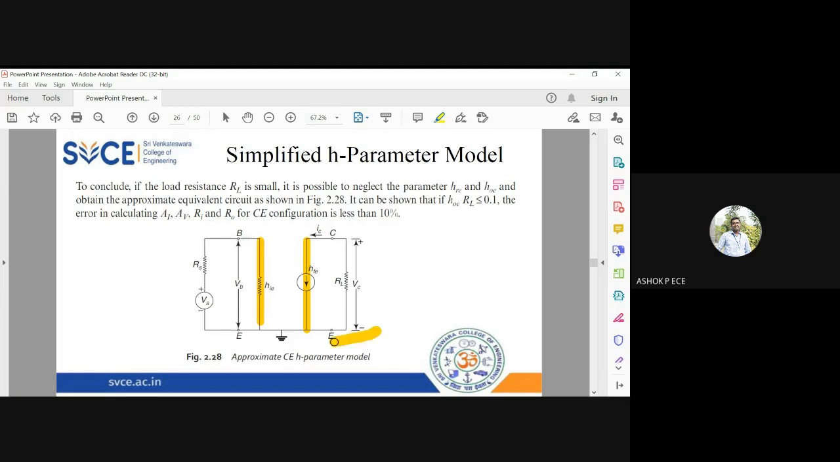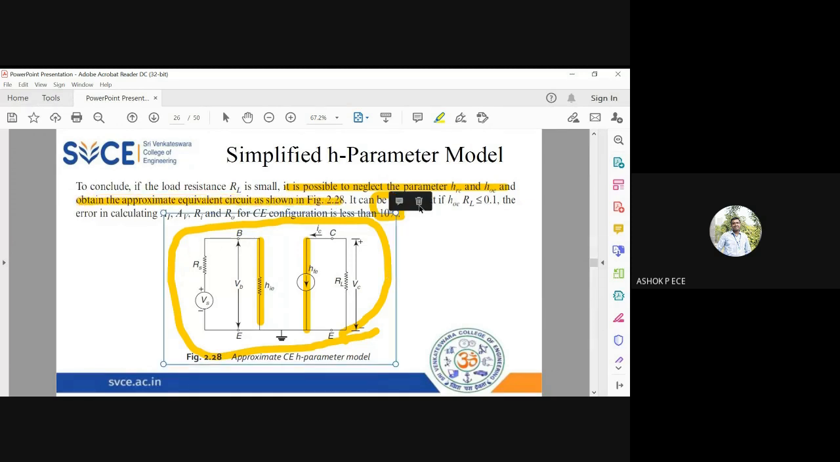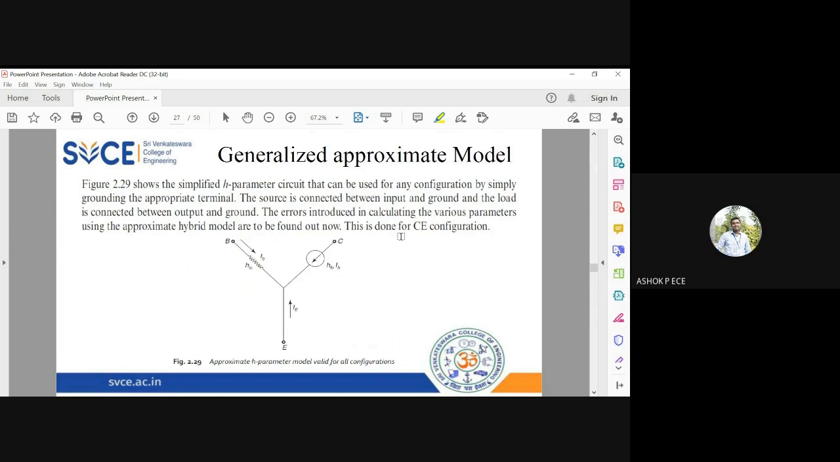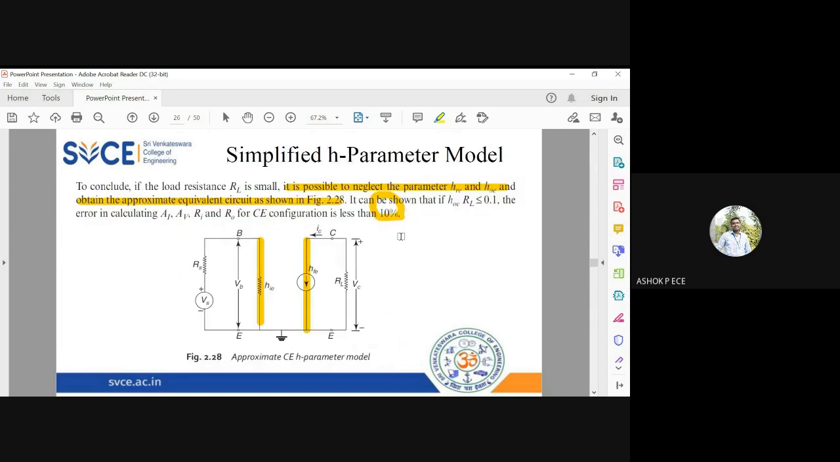If you calculate all the parameters using this circuit, the error is less than 10%. So compared to using the exact circuit, if you use the approximate circuit, the error is going to be less than 10%. So it is better to neglect HRE and HOE and obtain the approximate equivalent circuit. Your analysis becomes very simple, your equations become simple, and you can find the answers very quickly. This is going to be the approximate equivalent circuit of a common emitter. The same way we can do the same thing for common collector and common base also. They have taken only common emitter as the